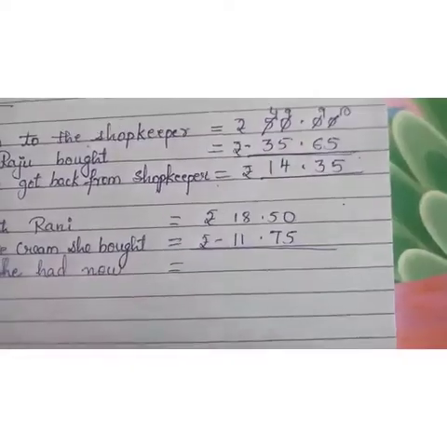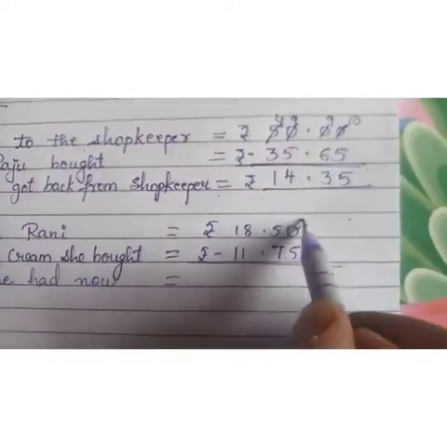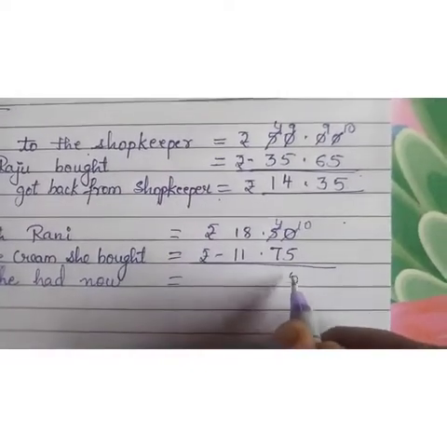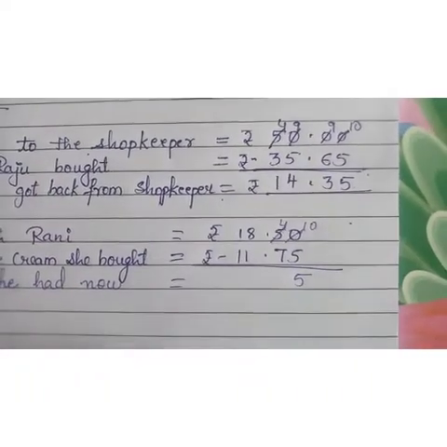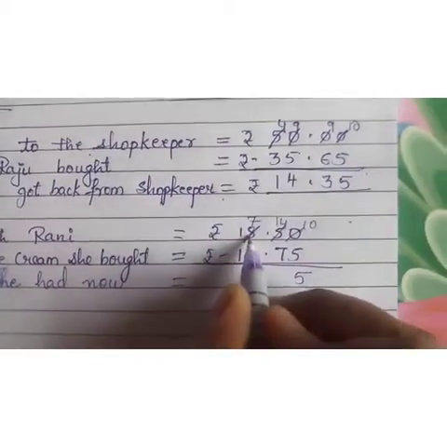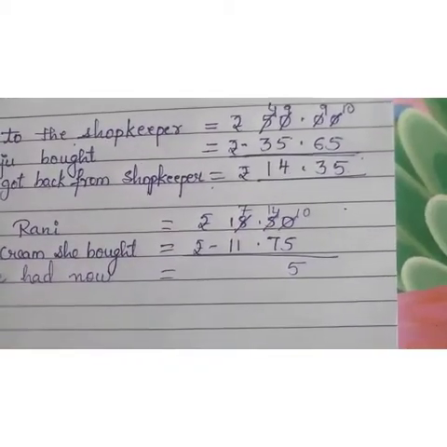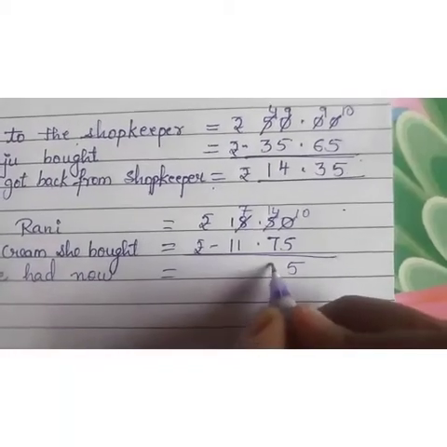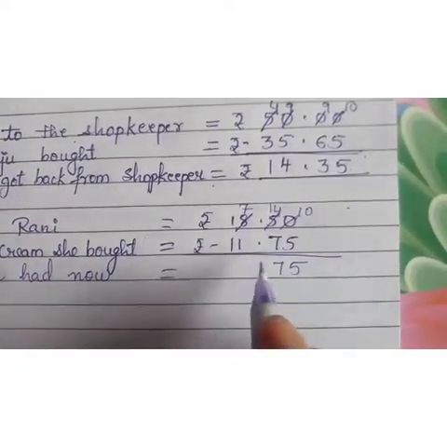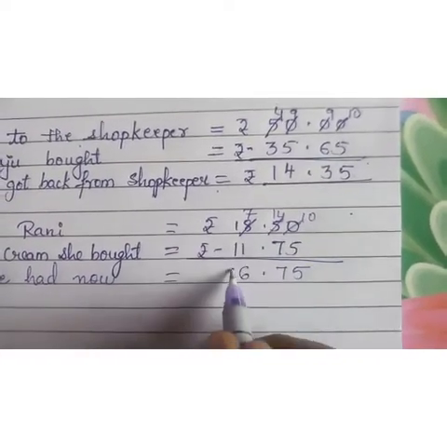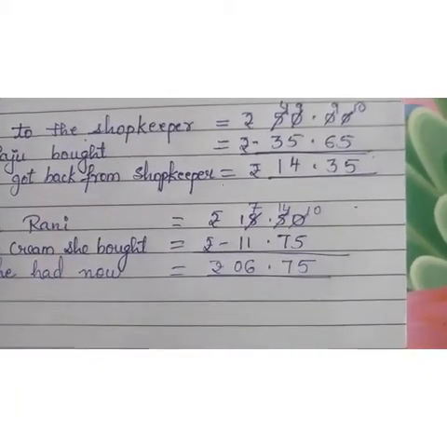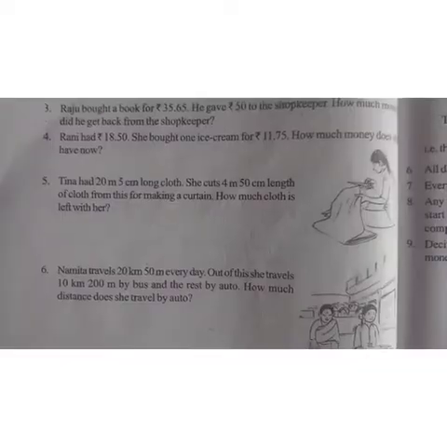So what do you do? Subtract now. It becomes 10 and this becomes 4. 10 minus 5 is 5. Now 4 minus 7, it cannot be done. So children, what do you do? Again you borrow here, it becomes 7 and here it becomes 14. So 14 minus 7 is 7. Place the decimal as it is. 7 minus 1 is 6 and 1 minus 1 is 0. So total money left with her is equal to rupees 6.75.